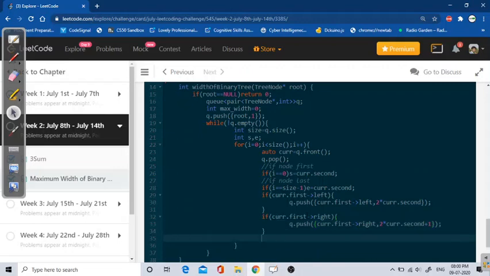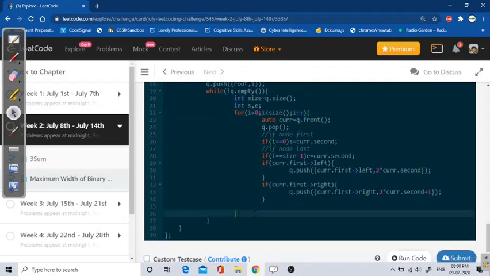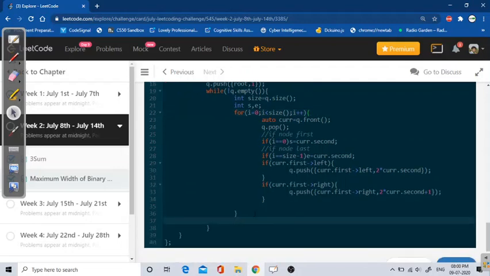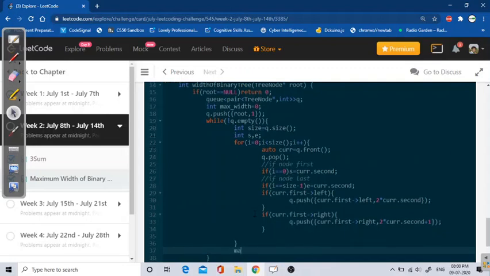And after coming out of the loop, every time after coming out of the loop, I will check if my max width is lesser than the current width. So for that I will use the max function, inbuilt STL function, and the formula will be end index minus starting index plus 1, and the maximum will be stored in max width.